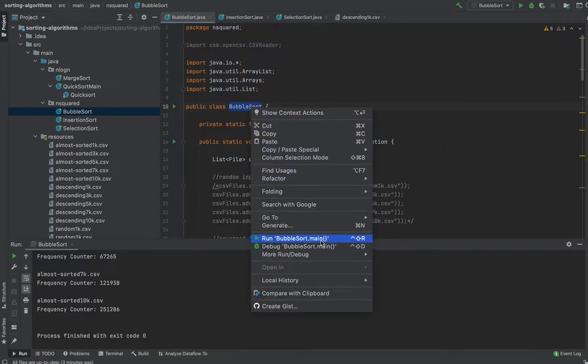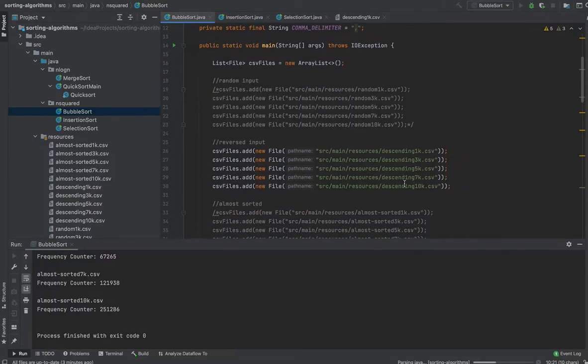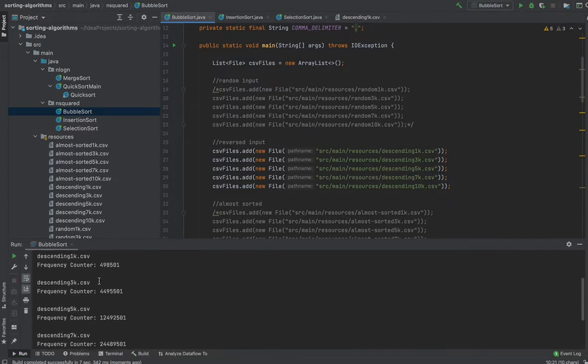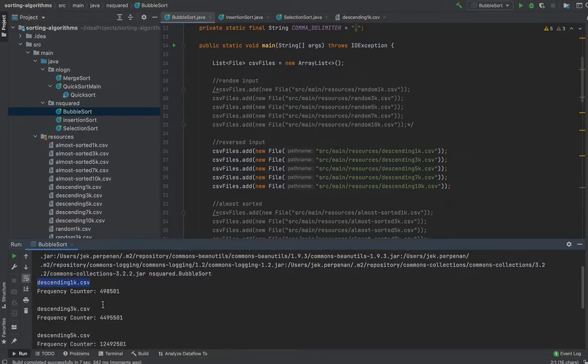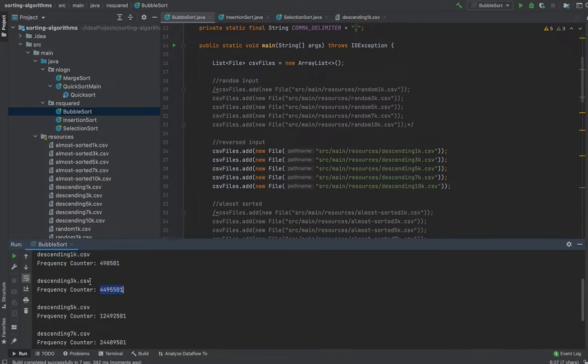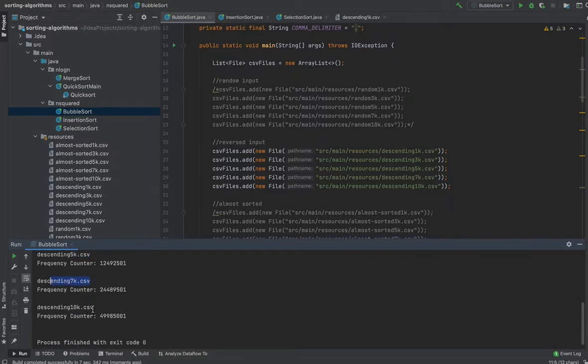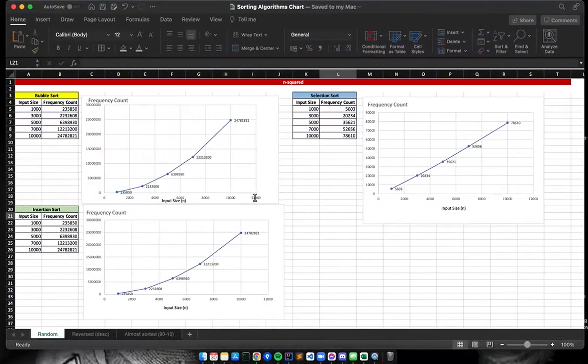So it will just behave the same, but we'll use different input data. And this time, this is for the descending input data. You'll see here that it is now using the different variation of our data, the descending, and it still outputs the frequency count after each processing of the file that varies the size of n. So if you plot the growth chart for the 3 n squared algorithms using the descending data type